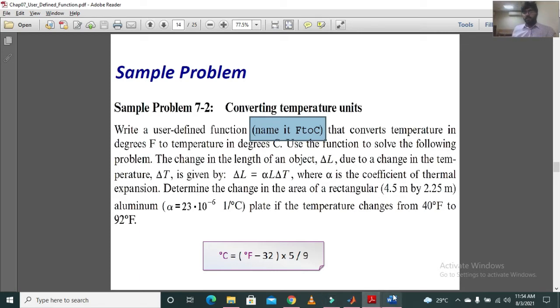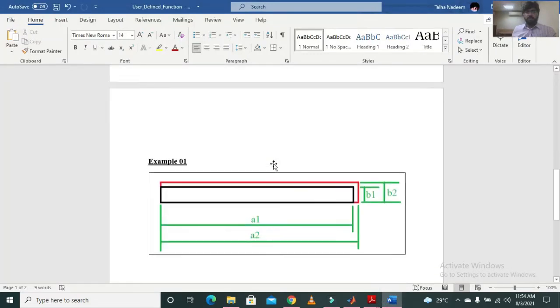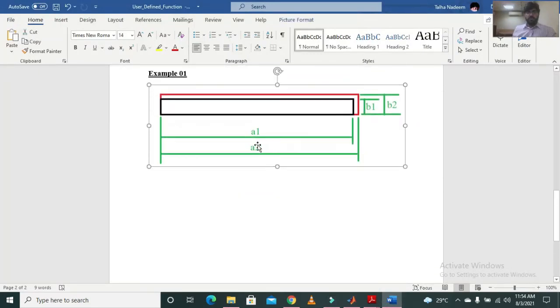Okay, now moving forward, you can see that this is what my aluminium plate was. A1 by B1 were the original dimensions, and after heating it, we got an increase in length in both A and B as well.